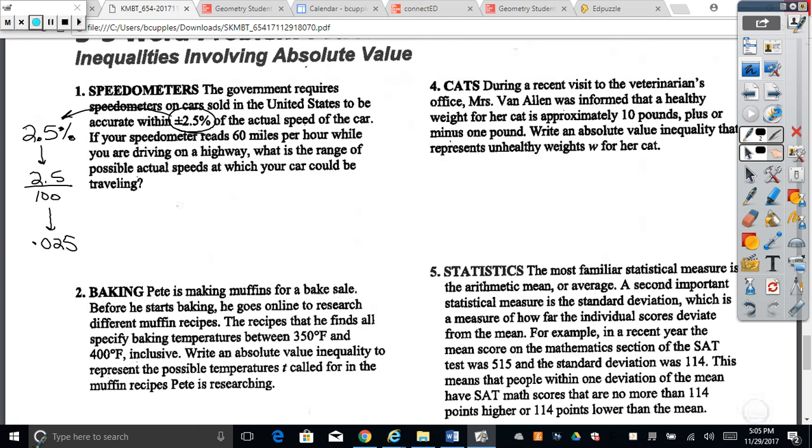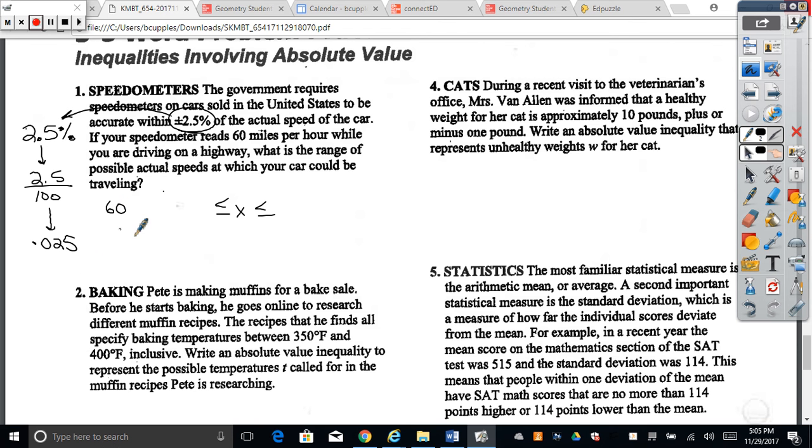Okay, so don't forget, to go from a percent to an actual number, you move the decimal point 2 places to the left. Okay? So as I look at this, we want to know the maximum and minimum values that our speedometer has to read that we're actually going. Okay? So as I think about this, I'm thinking, well, if I know I'm traveling 60 miles per hour, and